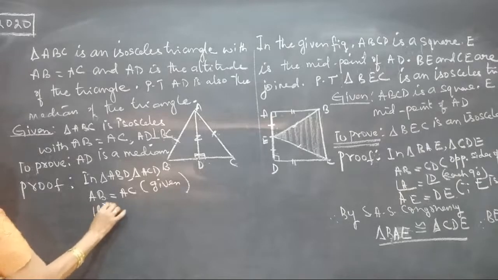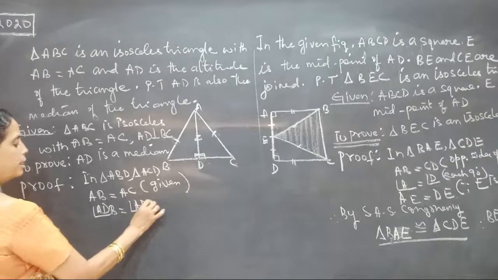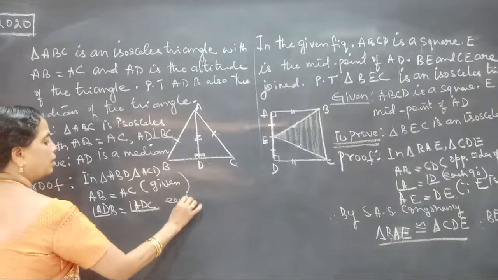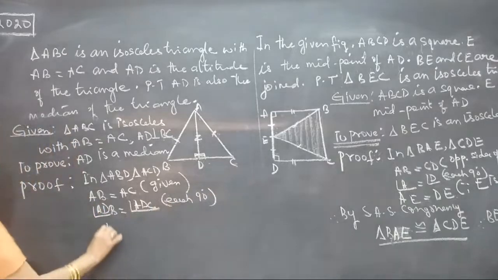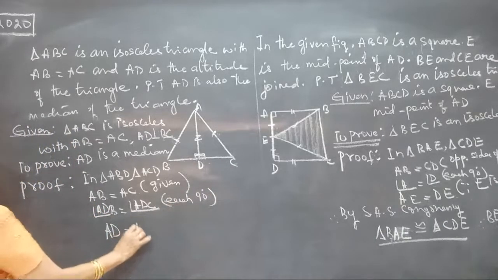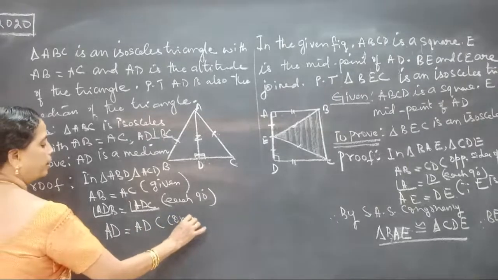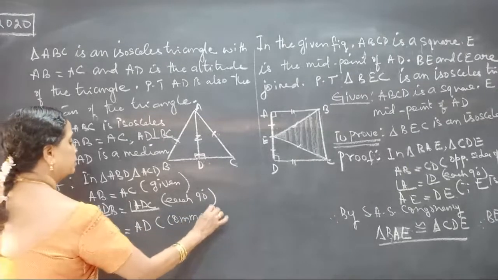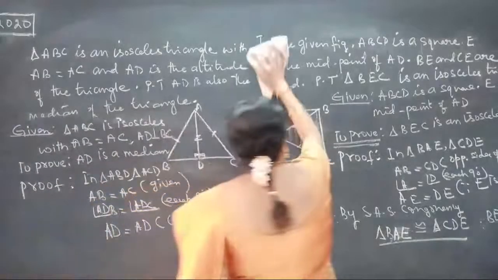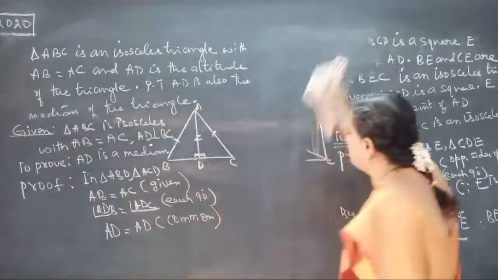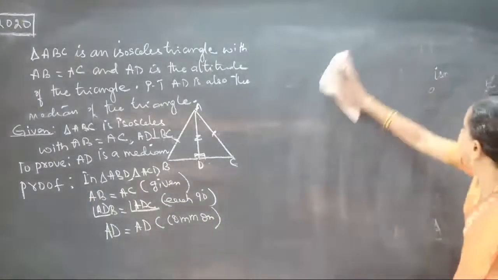Angle ADB equals angle ADC, each 90 degree. AD equals AD, reason common. Then write the congruency. Therefore, by RHS congruency,